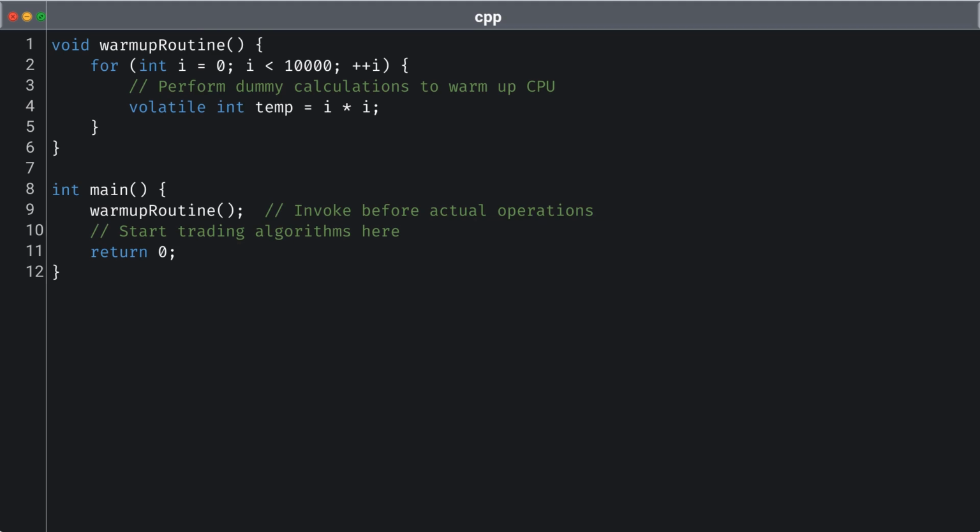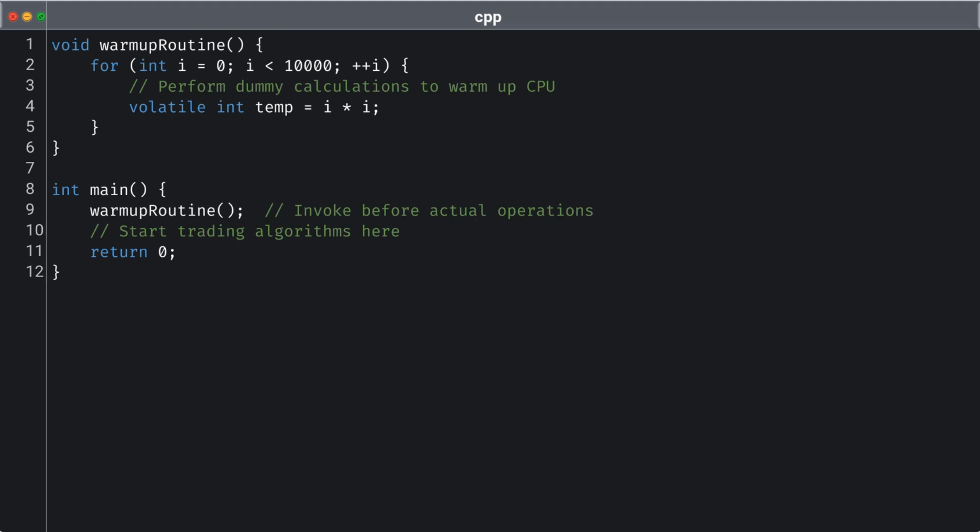Following the warm-up, the main function calls this routine, thereby setting the stage for subsequent trading algorithms to run more efficiently. By invoking this warm-up routine, developers not only enhance immediate performance, but also lay the groundwork for smoother operation during critical trading activities. This practice can significantly reduce latency, making it particularly beneficial in the fast-paced world of financial